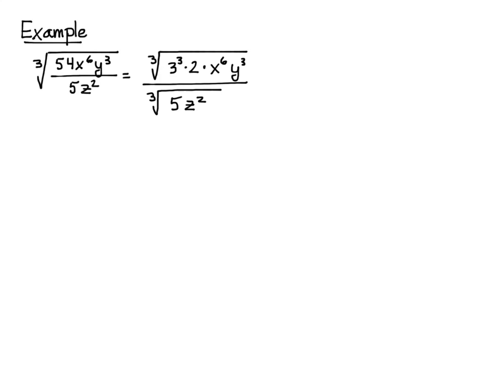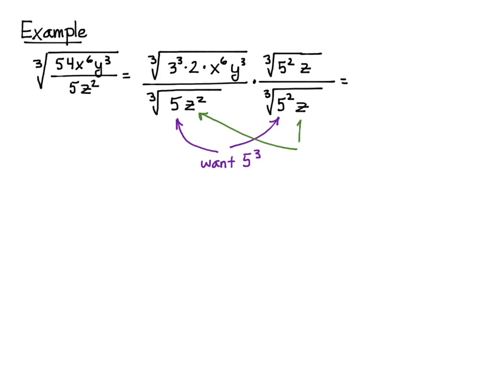All right. Let's do a few more examples here. So notice this is the cube root again. So I'm going to first simplify. And so I'm going to factor everything. I'm going to simplify the numerator, and there's a potential for simplifying the numerator, but the denominator, see, I have 5 to the first, so I'm going to use 5 squared here. I have z squared, so I'm going to use just z here, and then I'm going to multiply that in with everything else that I have. And then I'm going to end up with